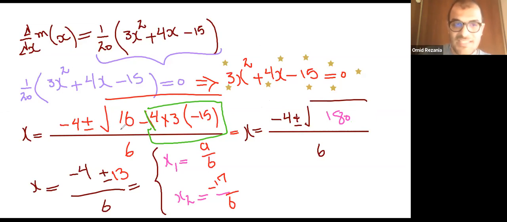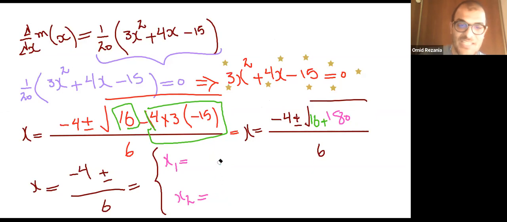And you see the 16 here also. I didn't see that 16. Then I had to say 16 plus 180. As a result, you get 196. Then the square root of 196 is 14. It seems that I needed to take a break myself, because for the second time I made that mistake. Then I have to just put here 14, not 13,